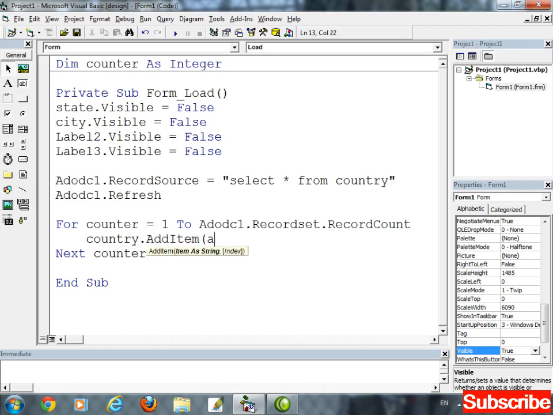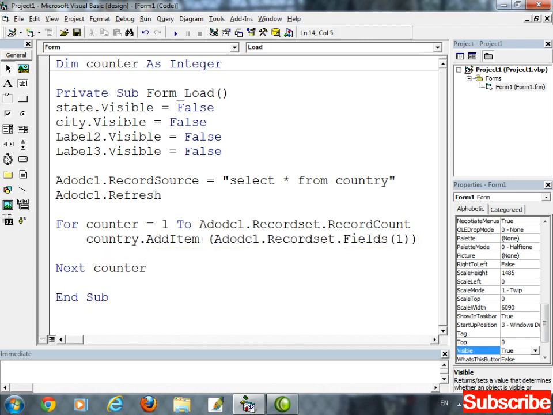The item which is located inside the ADO in the recordset, the field number 0 or 1. Field number 0 is country ID. I am going to add country name. I want to display the country name. So the index number of country ID is 0 and the index number of country name is 1. So here in bracket write 1. Close this bracket and close first bracket.